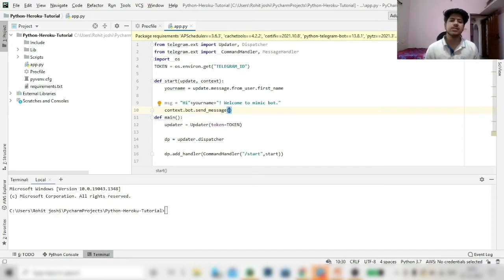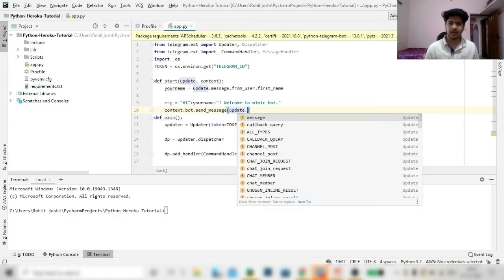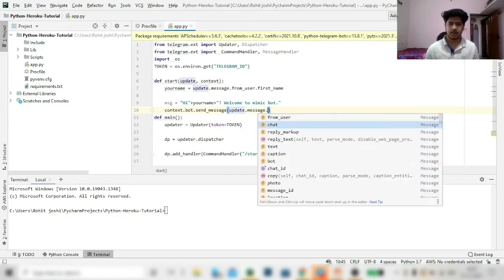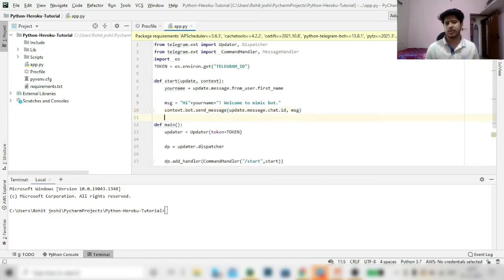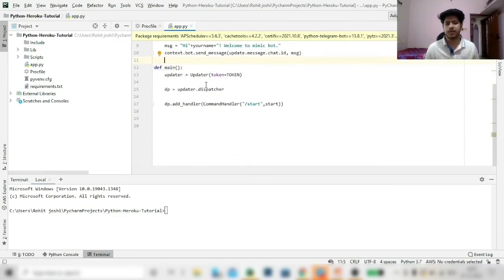Now send message requires two important things: one is the chat ID of the user, and the second one is the message. How to get the chat ID? You can get the chat ID with update.message.chat.id. And the message is msg. So with this your message will be sent to that particular user. So this is for start.